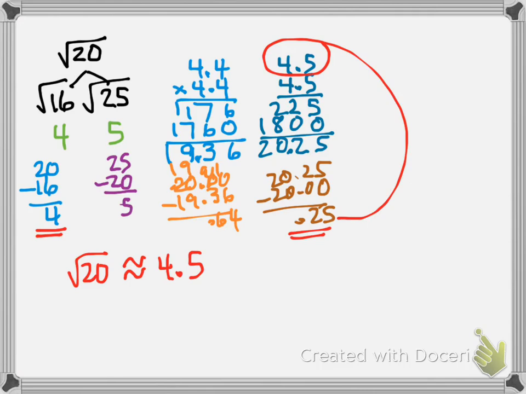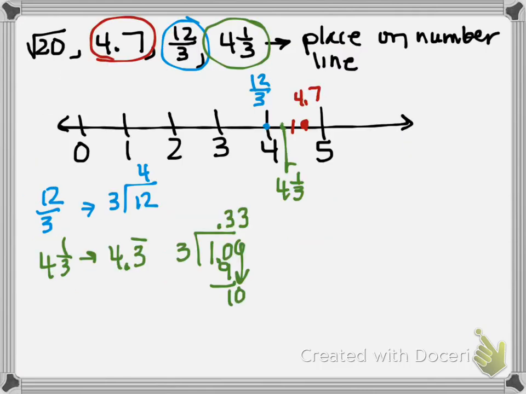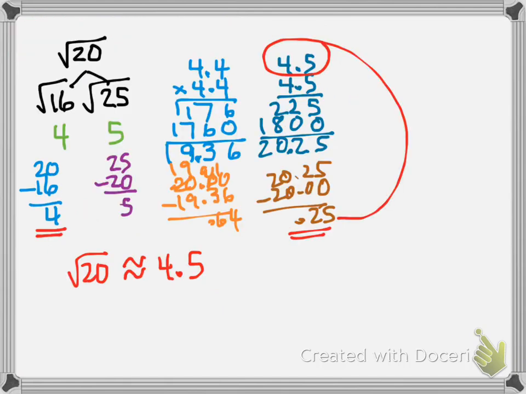So now I can go back to my list of numbers, and right here at that halfway mark is where my square root of 20 will fit in. Okay? So that is one way to do estimating square roots. I'm going to show you one other way. And I'm going to include the video for this one, okay? So this one's a little simpler, but it's not as accurate, and you'll see when I say that in just a second. So it starts off exactly the same way as our first strategy,